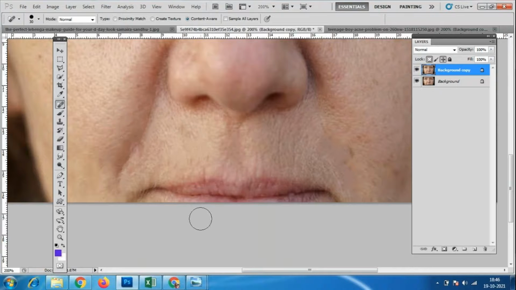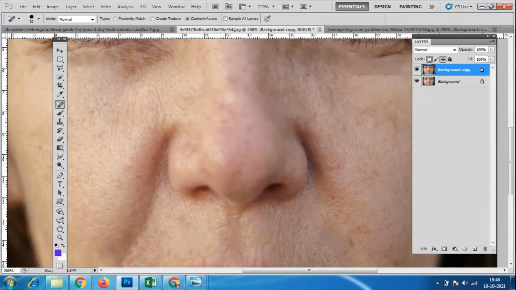There is a deep cut, which is, see. Finally, it is not removing the wrinkles, but you will get one deep cut over here. Okay, so like this.